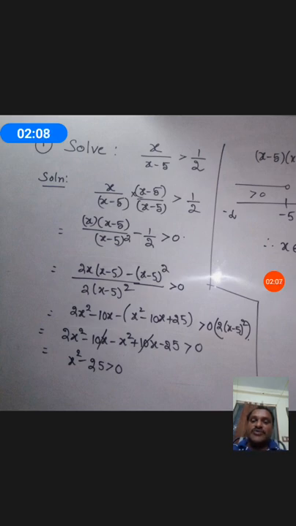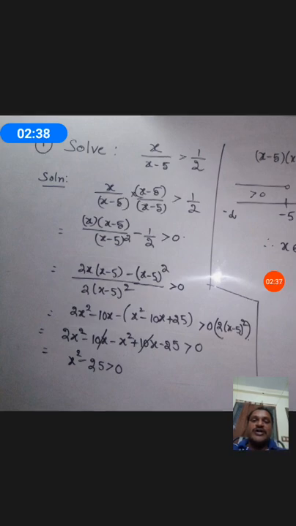2x into x is 2x square minus 10x, minus x minus 5 whole square. Using the a minus b whole square formula, x square minus 10x plus 25 greater than 0, into 2 times x minus 5 whole square. Let us transfer the denominator, which is a perfect square. It is a positive quantity. You can nicely transfer it to the right side. And you see that minus 10x plus 10x will cancel, and finally we are left with x square minus 25